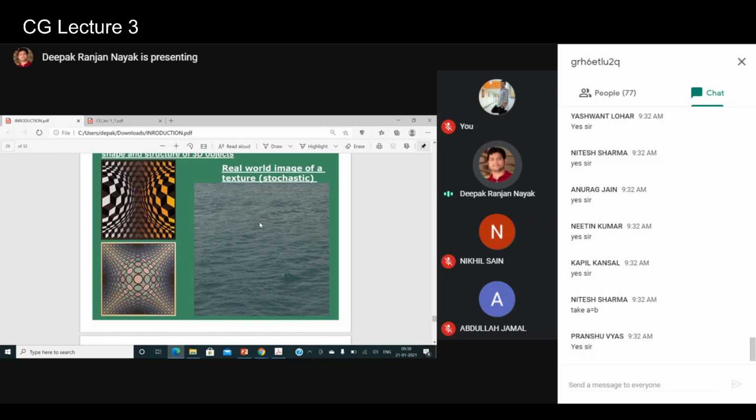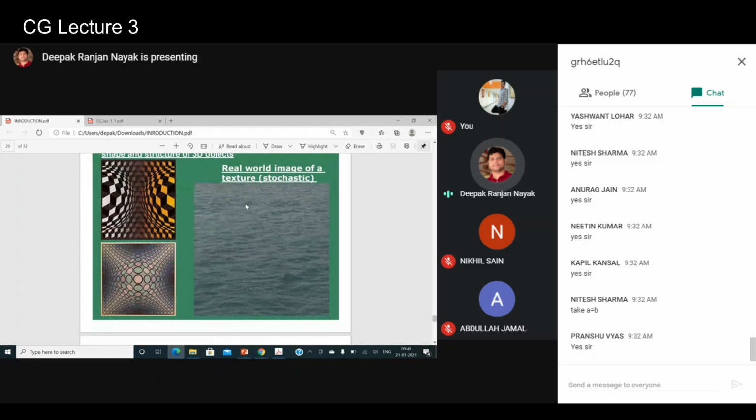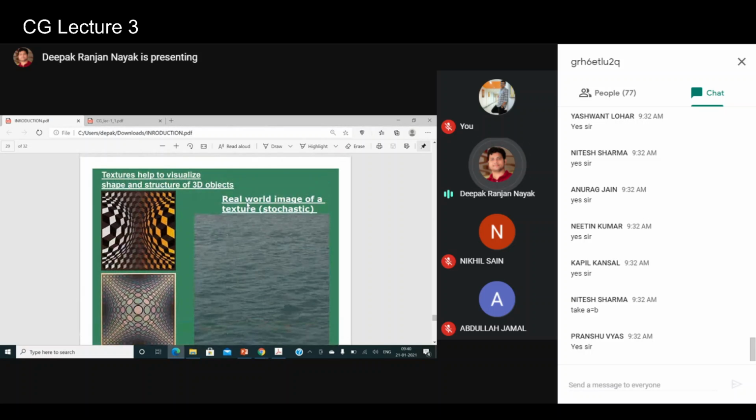And why is it difficult? Because it has random patterns, right? And there are a few primitives which may not capture all these patterns present in the images, right? So this is where sometimes a computer graphics system fails, but our job is to come up with an image which is closer to this image, right?